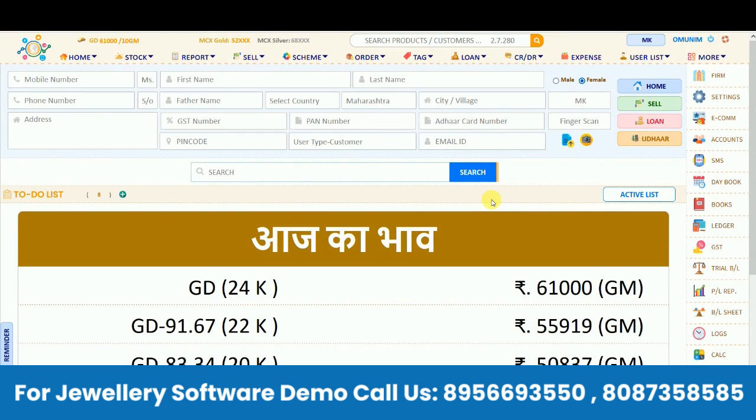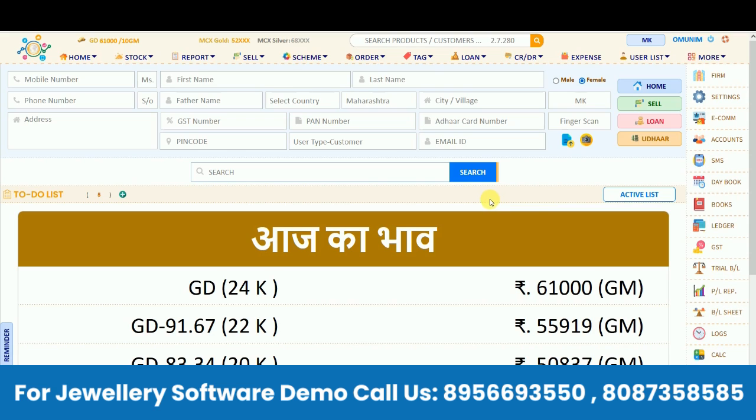In today's video, we are going to see about scheme management, like how you can manage your scheme through the software, like a 10+1 or 11+1 scheme if you are running. So that is how you can manage it through the software, and that will be covered in this video. So we'll start the video. Before that, whatever names and characters are used in this video are for explanation purposes.